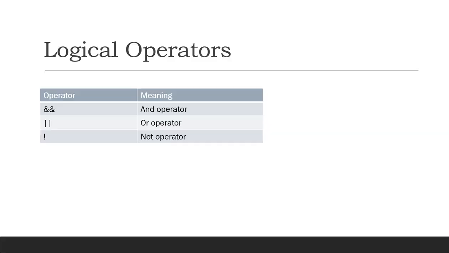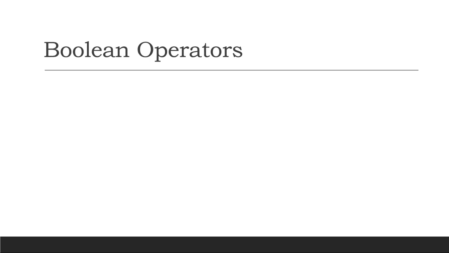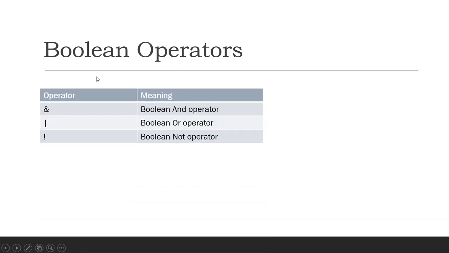Let's move ahead and see what is the next operator available in Java. So the next operator available in Java is the Boolean operator. This operator acts on Boolean variables, meaning it produces Boolean type results. There are again three types of Boolean operator available, that is, the single AND operator, so here the Boolean AND operator, this is the Boolean OR operator, and this is the Boolean NOT operator.